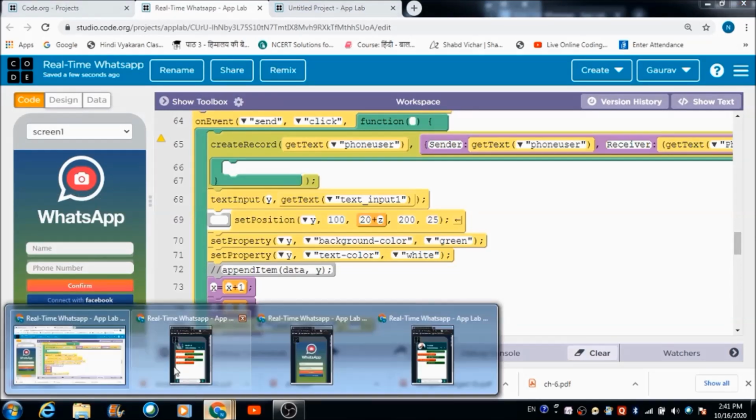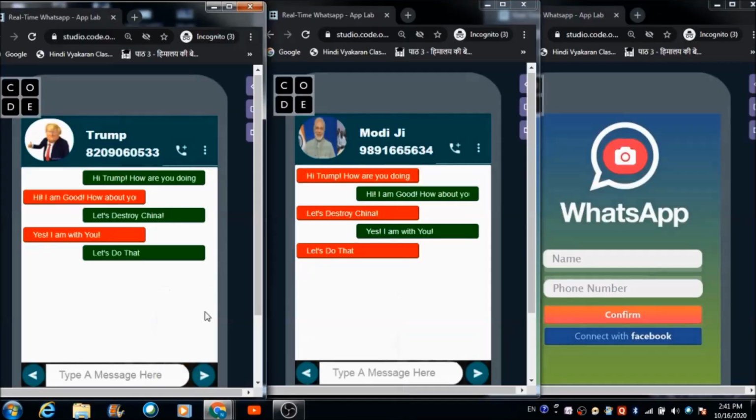You remember, when you write down a message here and hit this send button, it is going to get reflected in this green color box, in this text input box. This is a dynamic box which is getting created automatically, and inside this our message is getting reflected.